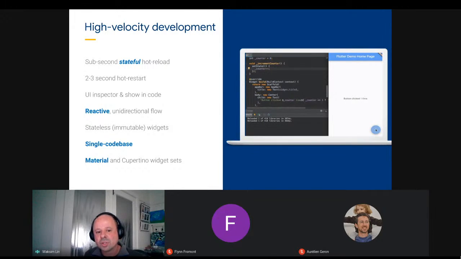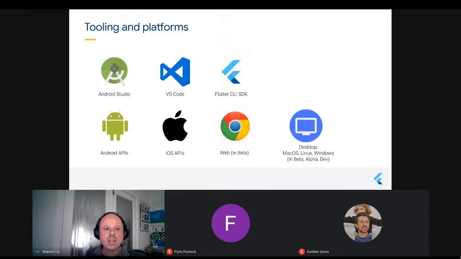So there's a Material set of widgets which follow the Material Design system from Google. There's also a Cupertino widget set which follows the Apple HIG user interface elements that are present on iOS. Now, in terms of tooling, there's really great support. You can choose between Android Studio and VS Code, depending on your preferences, to do your development.